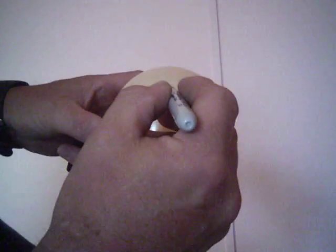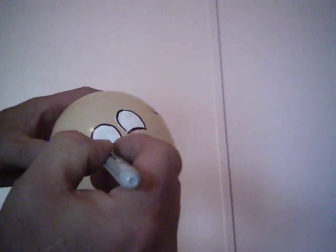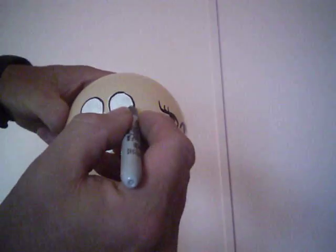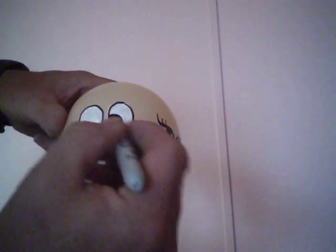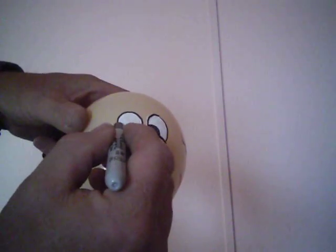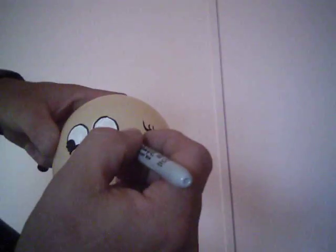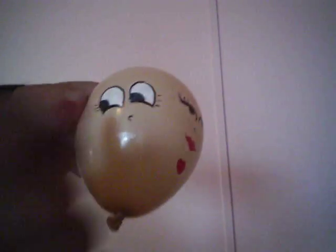In this case, I'm going to outline the eye. Okay, so then this, just like I said, a little nose, and then make your pupils. You can kind of leave those eyes that way if you want. Add eyelashes. Of course, your way of doing it's going to be a little different. Everybody's is. For the mouth, I'm going to add again